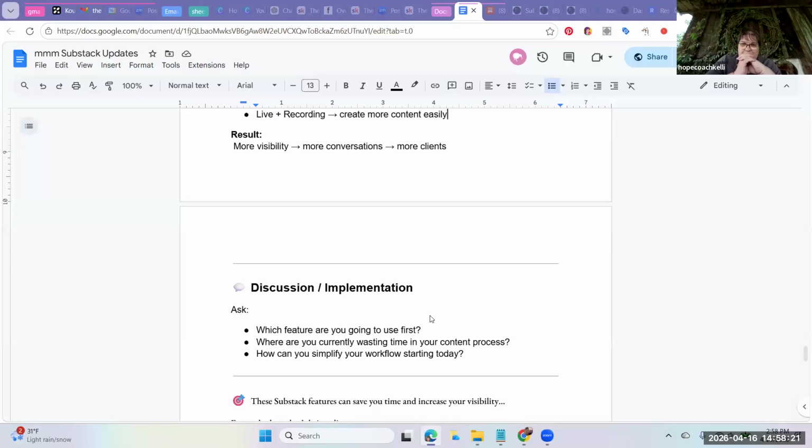Yeah. And I know that you can add to your menu bar, but that also does not translate to the app. So on the desktop, I can have lots of different links to lots of different places, but on the app, they can go to the about page, they can go to the notes, they can go to the sections, and that's it. Which is why going live is important and having videos is important, because those show up in a different space, another way for people to find you.